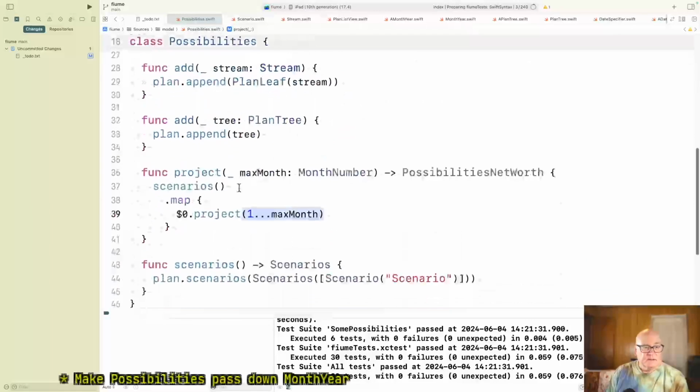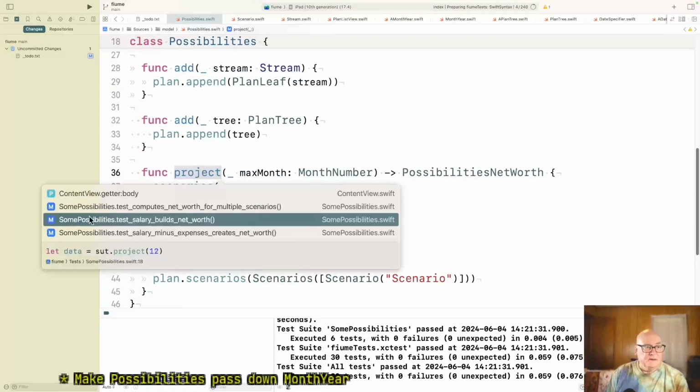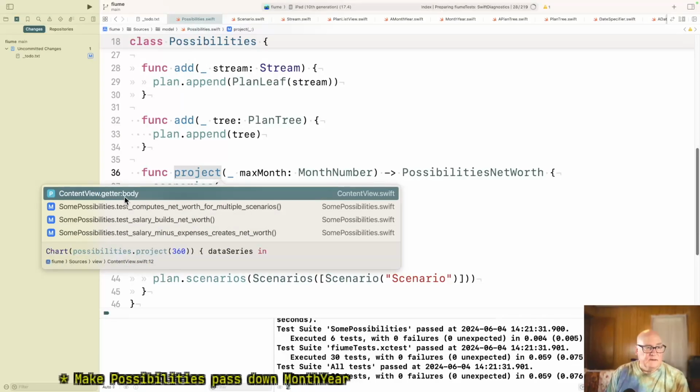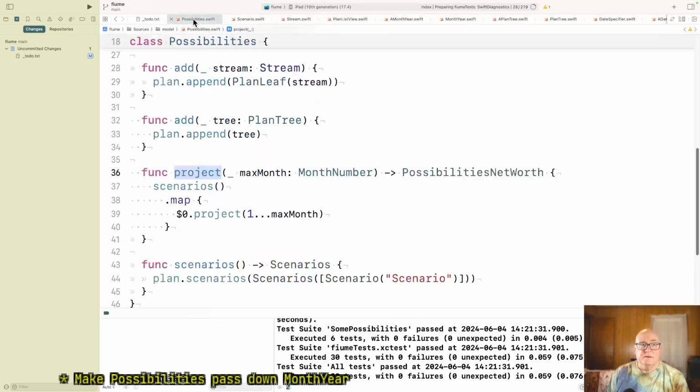Project. Who calls this? Oh, you. Okay. Now, it might be fine to say how many months do you want, but I think possibilities should take a different view. Okay, so max month,